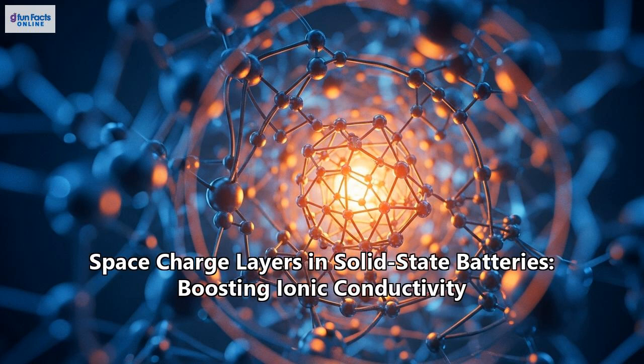Recent research has excitingly highlighted this beneficial role. For instance, a study from the University of Texas at Dallas, featured in a recent issue of ACS Energy Letters, revealed that mixing small particles of different solid electrolytes can generate an SCL at their interface that significantly boosts ion movement. They described this as a 1 + 1 > 2 effect, where the mixture performs better than either component alone. This discovery suggests a novel approach to designing superior solid electrolytes by intentionally creating